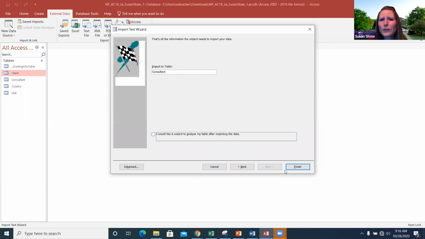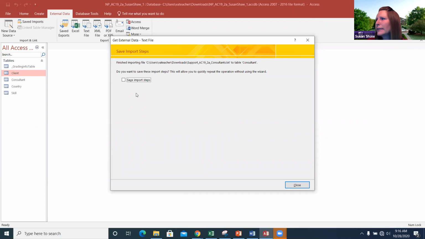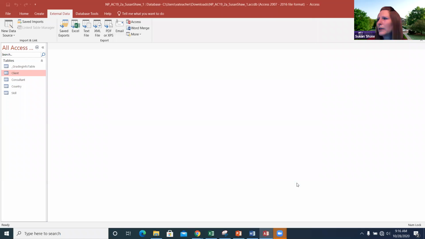Import to the table consultant. And it says we do not want to analyze the table after importing the data, and click finish. And it says do not save the import steps. So close. Okay. And we don't have to open this one or anything now. And so the third one we're going to do is